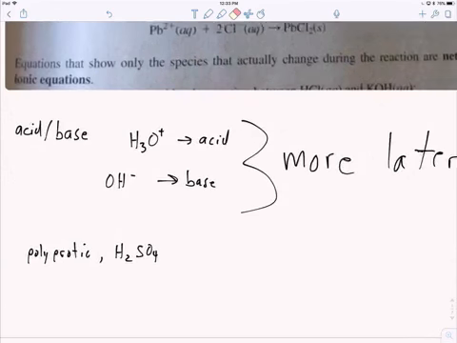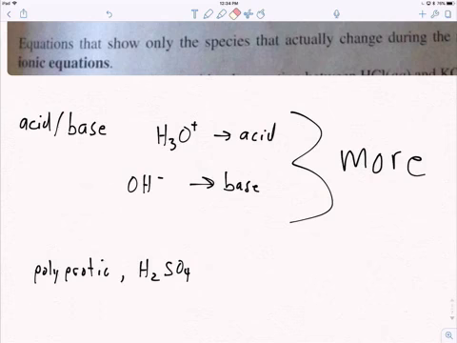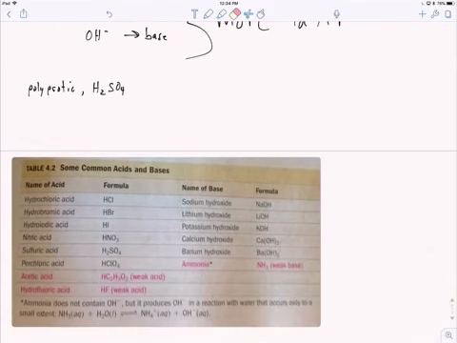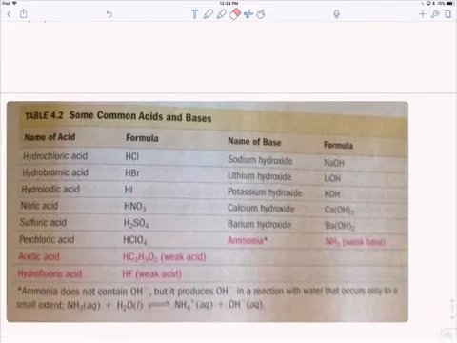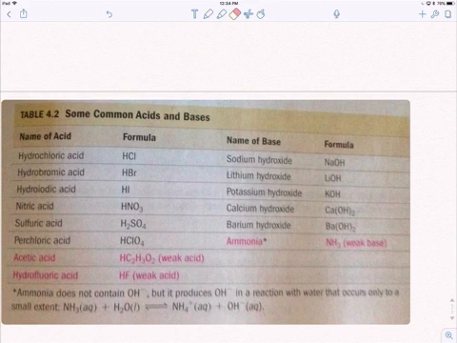Okay, and acids can be monoprotic. Most acids are monoprotic, meaning one proton. There's also polyprotic, so sulfuric acid, battery acid, is polyprotic. In this case, it has two protons, two hydrogens. So 1 mole of sulfuric acid is actually 2 moles of acid because of the 2 H's. And we will talk about this much more in Chemistry 162, but here are some real common acids and